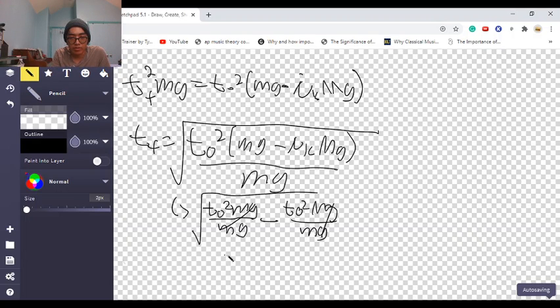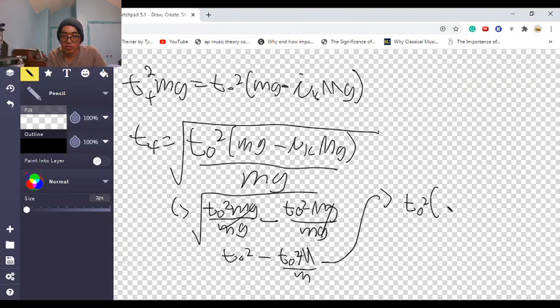So what we're going to get is basically t initial squared minus t initial squared times big M over little m. And once again, we can also factor this as t initial squared times 1 minus M over m